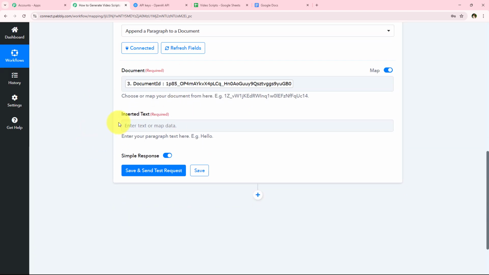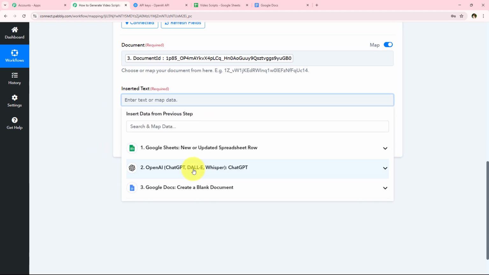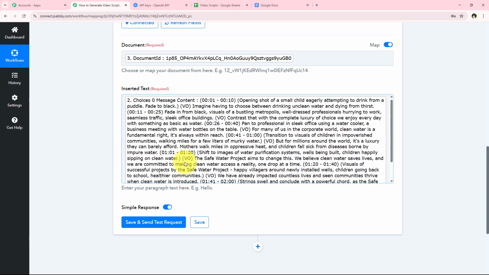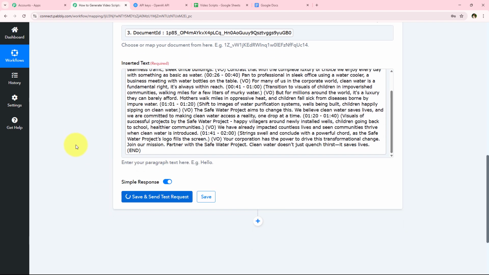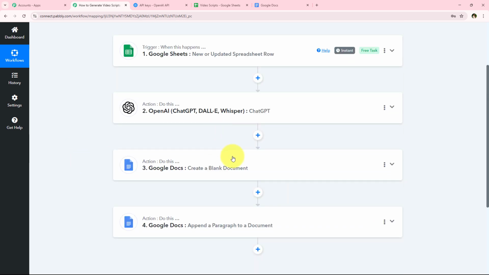All right, now it is asking me to insert the text. So I'm just going to enter the video script which we received from the response of our AI agent, which is message content. And after mapping this, I'm simply going to click on this save and send test request. And yes, with this we have successfully received a positive response. With this we have successfully created a blank document and added the video script generated using an AI agent into